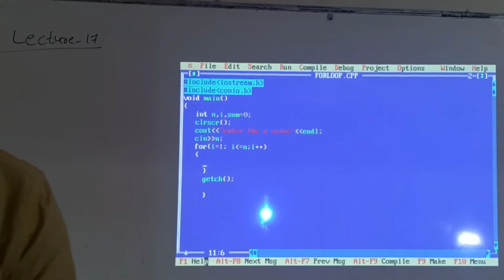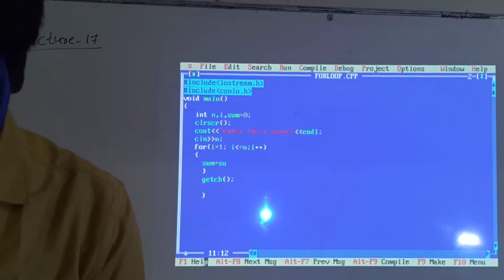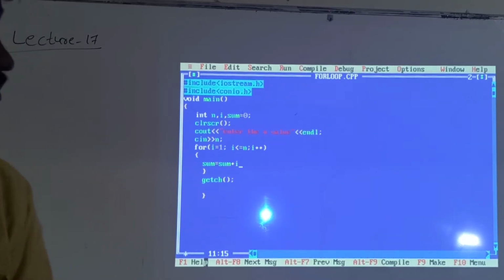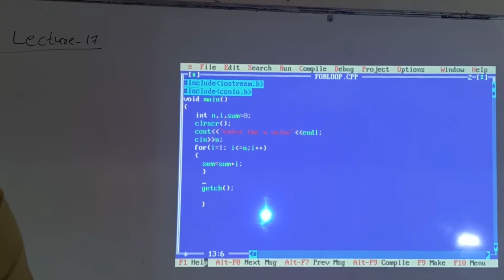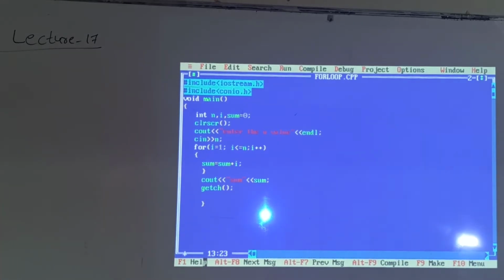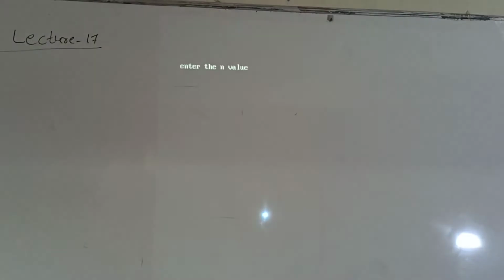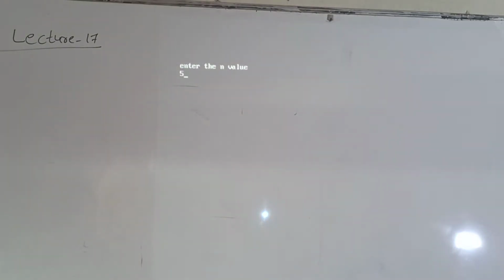You can calculate sum = sum + i. After closing the for loop, we have to print the value, that is sum. Sum is equal to 15.